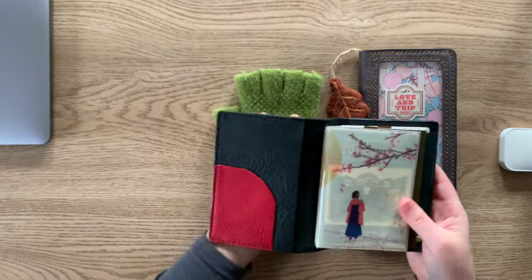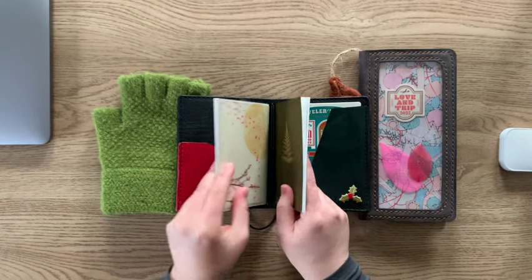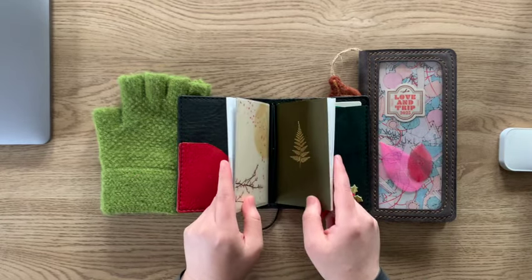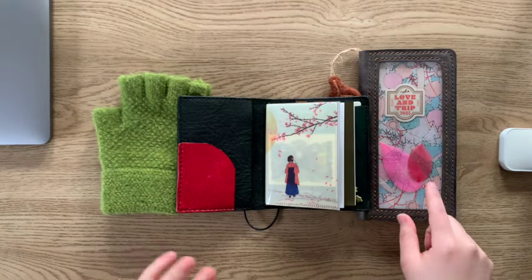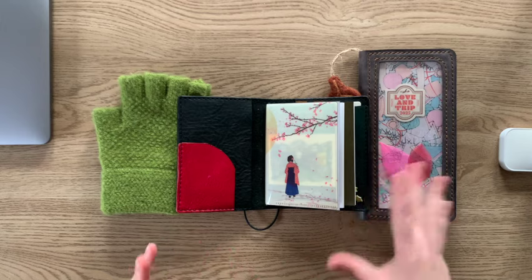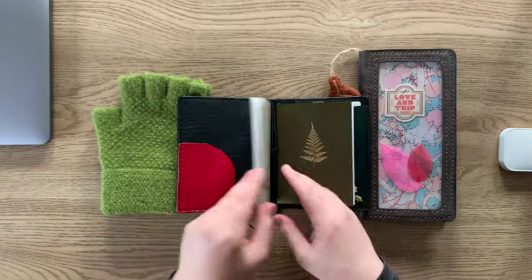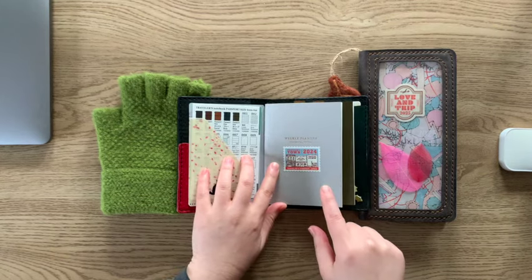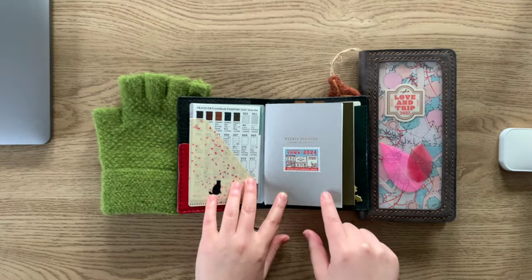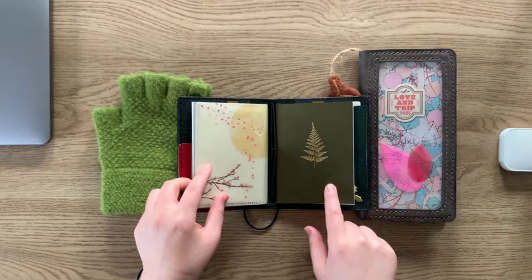But inside here, let me just move this to the side, I have two main inserts, and I'd been working with these two before I started my Hobonichi Weeks, which just began this week at the time of this filming. And these two inserts are the Papertess Design horizontal weekly insert in the passport size, and this is undated, and I've really been loving this. And then this is the beautiful